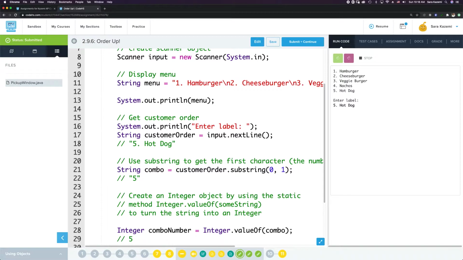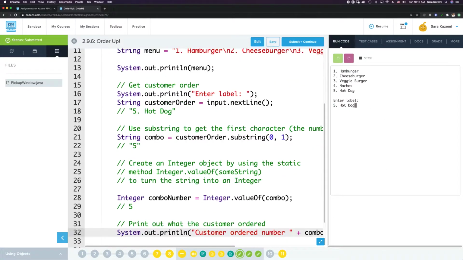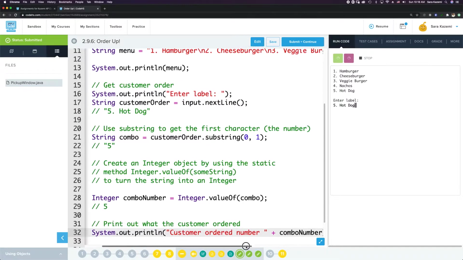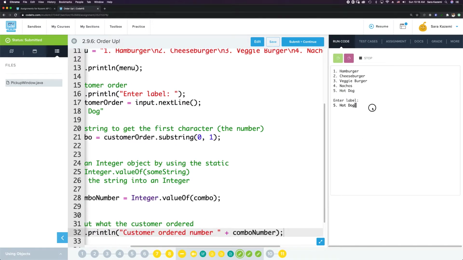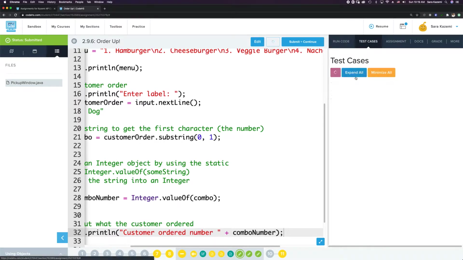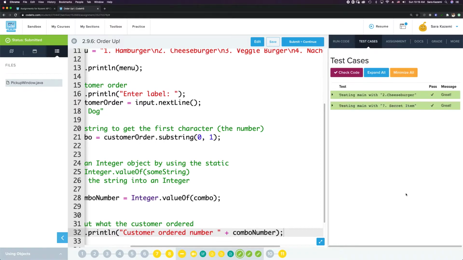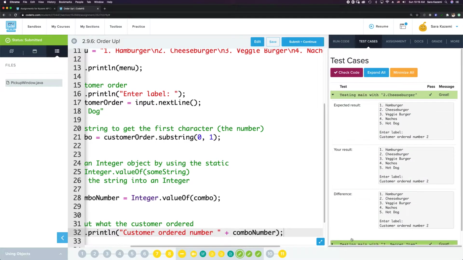And what it should do is isolate just the number component of our string, store that into the string combo, and then convert that string into an integer by getting the integer value of it. And then we should see finally customer ordered number and then 5. Okay, cool. So now if we go ahead and run our tests, it should do that for any input, including,